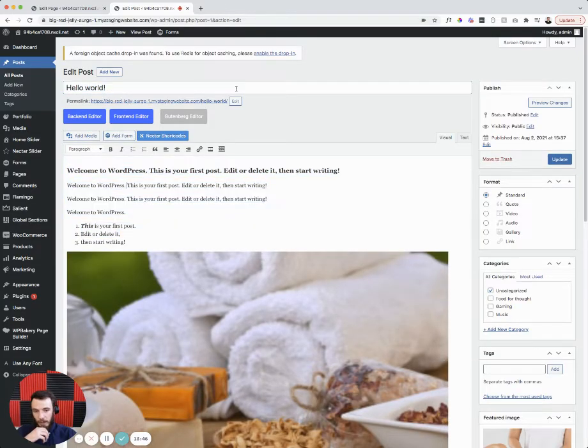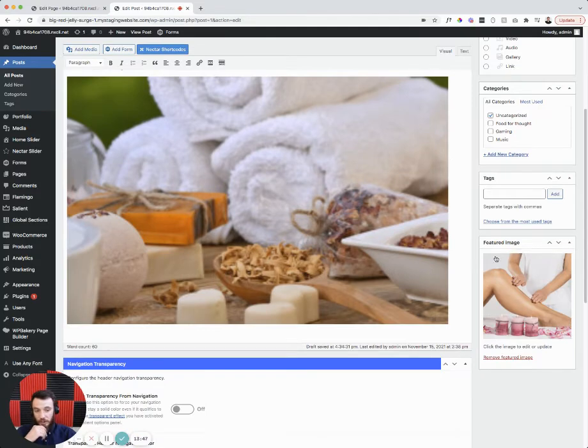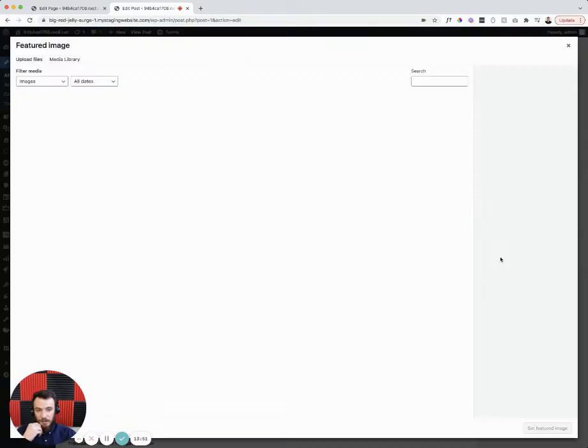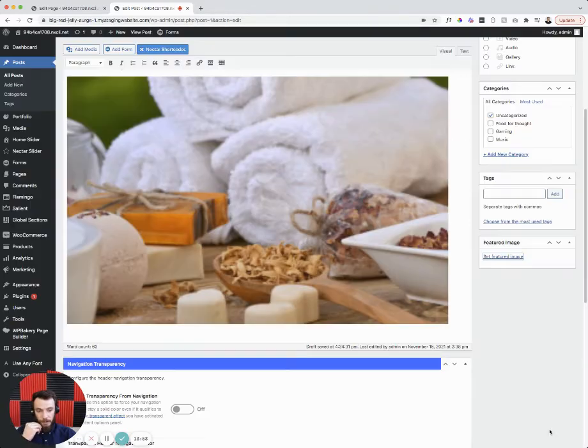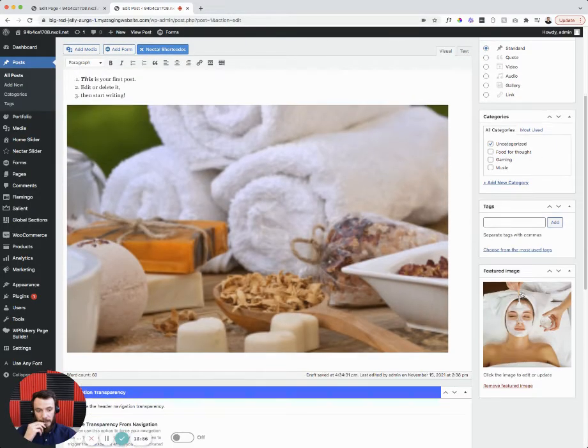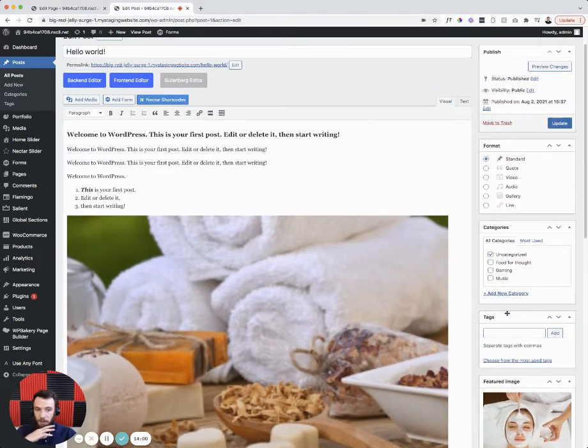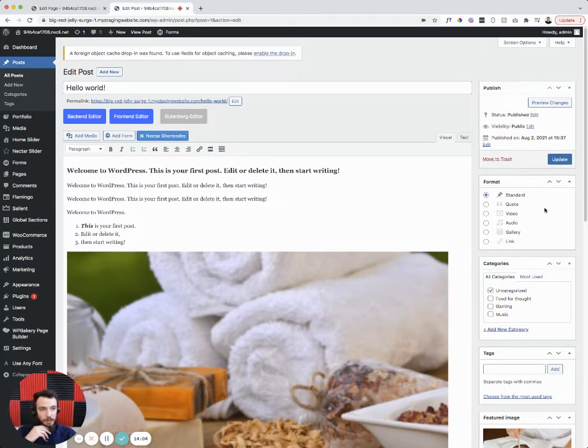So title, body, and I come down and across. Make sure you have a featured image. So if I remove this featured image and set a new featured image, that is telling the website basically what is going to be the thumbnail, wherever the thumbnail appears. Make sure you add a category to your blog post if you want to, and then click update, right? I'm not going to update this because I don't want those changes to be permanent, so I'm actually going to